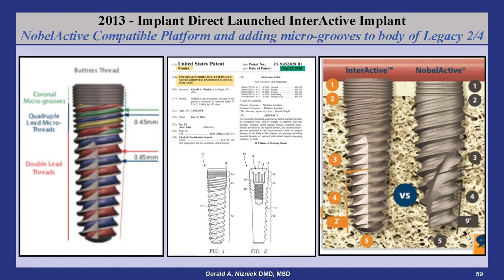the implant is rotated clockwise into the socket. Nobel's cutting groove, on the other hand, only functions when the implant is rotated counterclockwise. This design was incorporated to help unscrew the implant when its very steep 9-degree taper results in the implant getting stuck in dense bone during insertion. The Interactive implant, by contrast, has only a 2 to 3 degree taper and can be inserted self-tapping in all